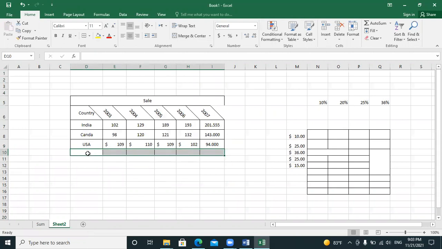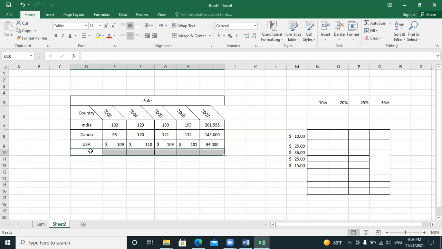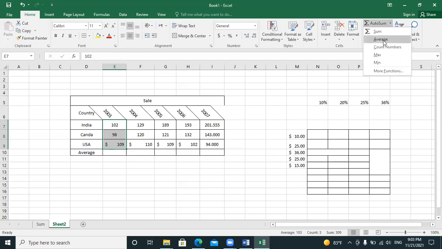So here I need average. Here I can write average. Okay. After that, again, I will select the 3 cells, and from here I will calculate the average.